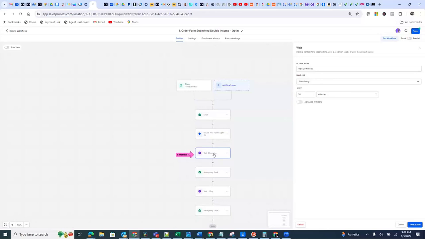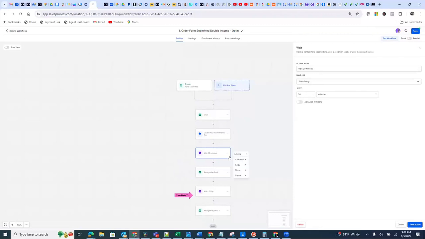They're watching the video, and then are you presenting them with an offer? Yes, the offer comes in the video. Okay, so then the rest of this workflow you're not going to need, because you want to have a different workflow that is going to be the trigger of the order form, right? Yeah. Not the opt-in form. Right. So the rest of this, I think you can probably delete.